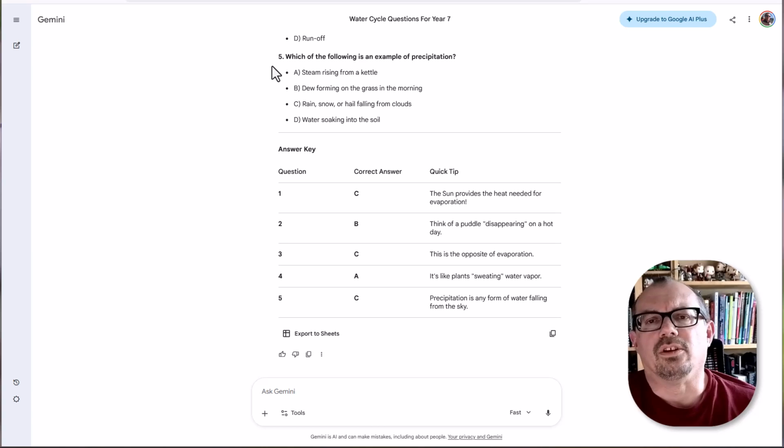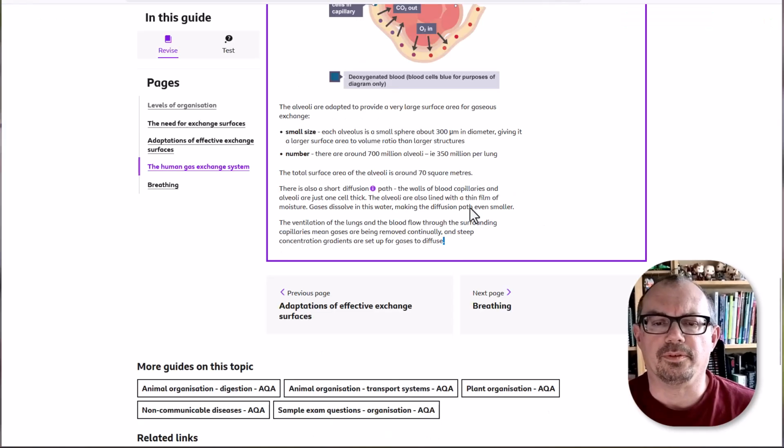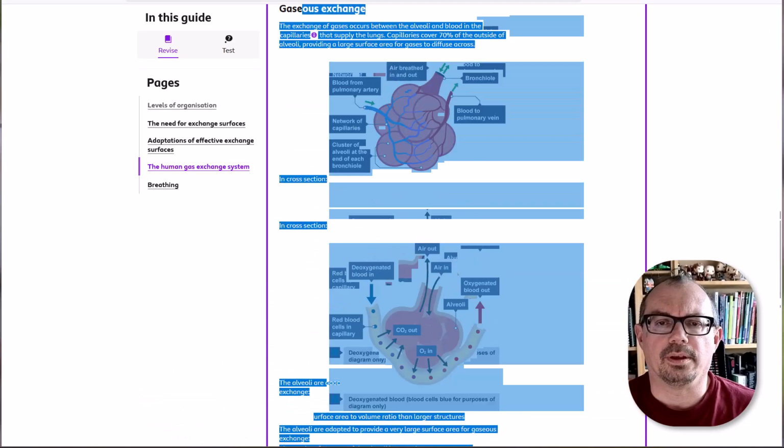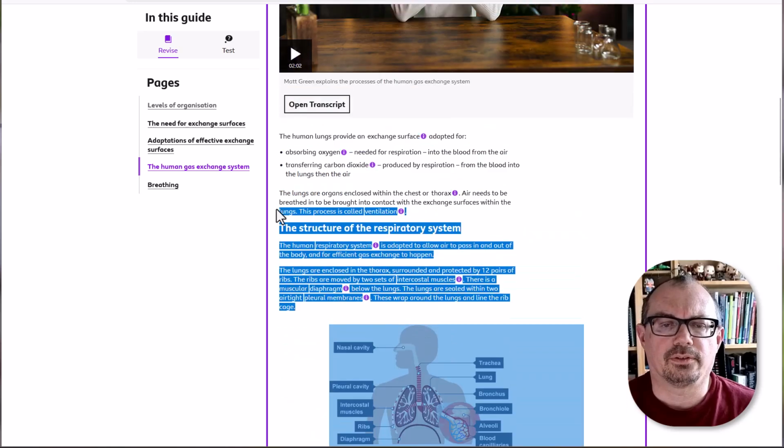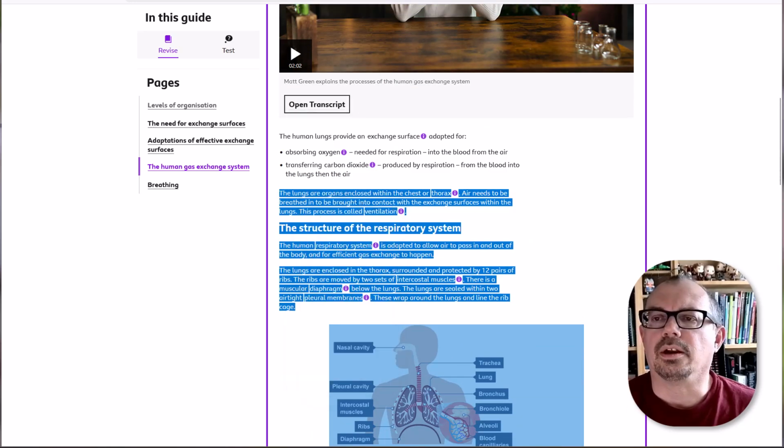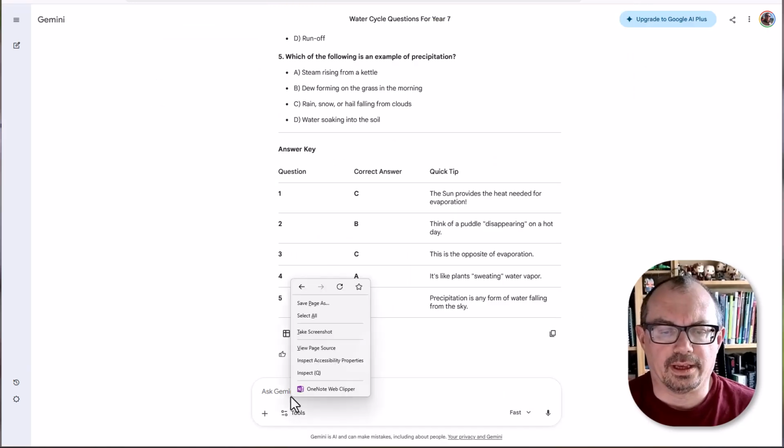So the next thing we're going to do is simplify some text. I could go to a textbook. If I've got an online textbook, I'm going to go to BBC Bitesize and grab some text and paste that in. So I'm going to go to BBC Bitesize. I'm going to copy a chunk of text. I'm going to go back into here. I'm going to paste that